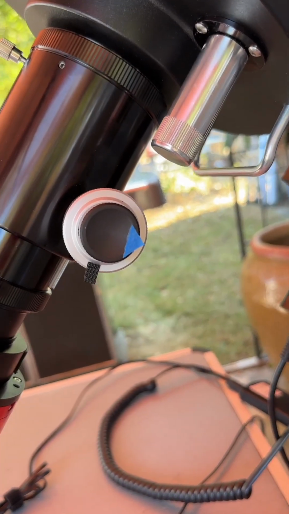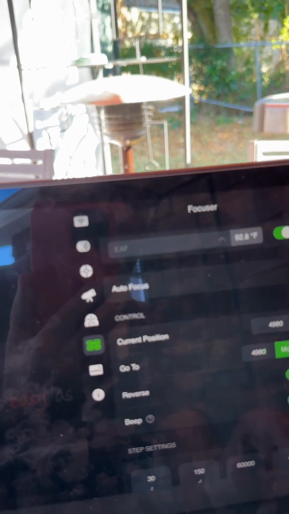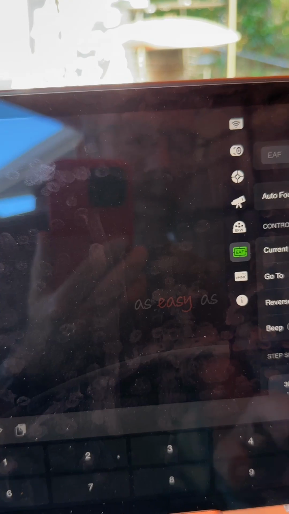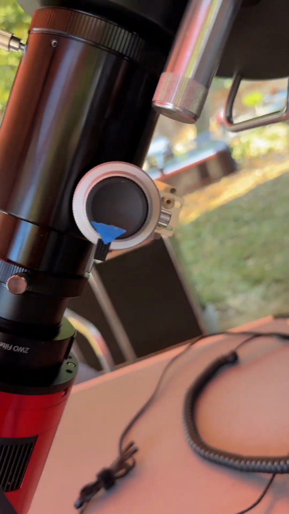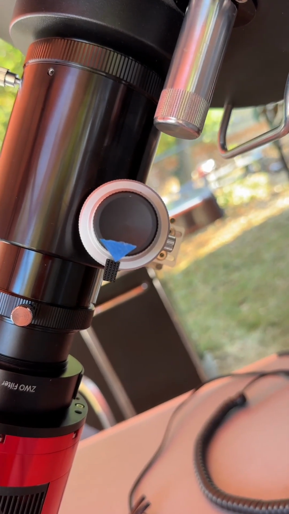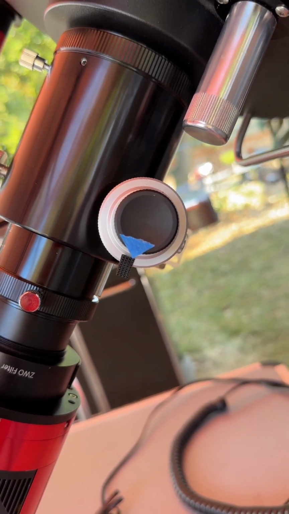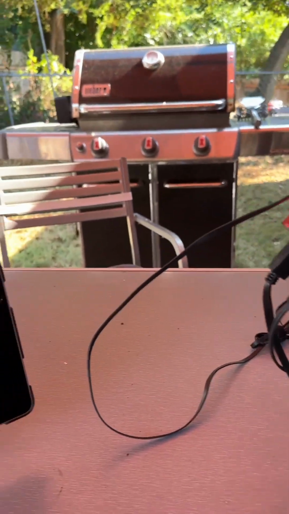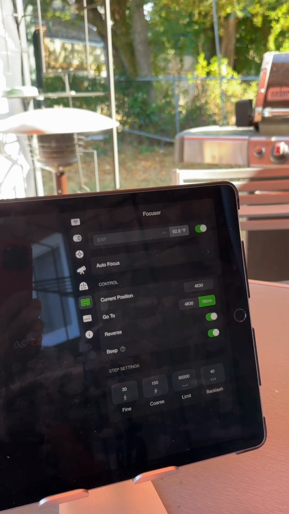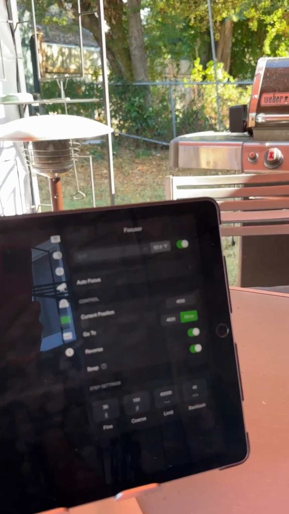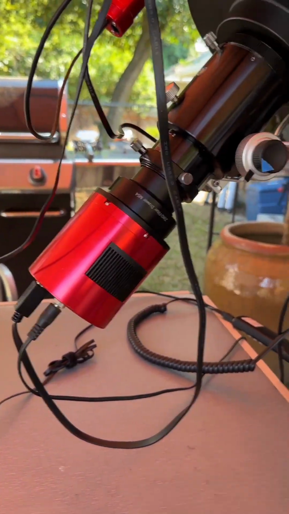And we've moved off, and let's go back to it with the new input setting of 40 on our backlash. And we hit move, and voila, we've calculated the backlash at 40, we've compensated for it, and now we're good to go. That's about as simple as it is on the EAF from ZWO when you have it hooked up to a